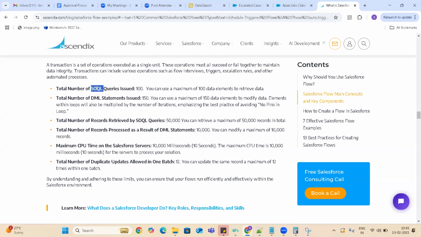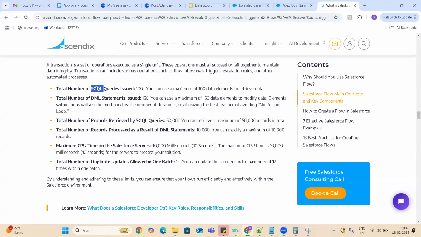These are some limitations of the flows, guys. For example, SOQL queries, that means the Get Records operation. Not only get accounts, the get record operation comes as part of the SOQL operation because we are querying the records, right? Maximum we can use 100 get records.